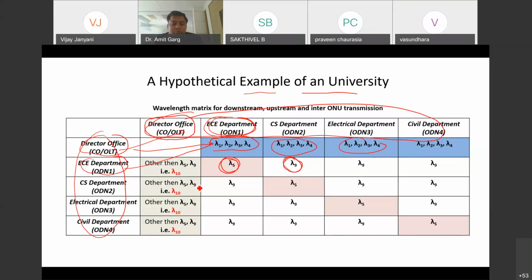Similarly, if this ECE wants to communicate with the director office or OLT, it will use a wavelength lambda 10, but not lambda 5 and lambda 9, because lambda 5 and lambda 9 are supposed to be reflected back from the FBGs connected. So lambda 10 can go directly from ECE to the director office or OLT. The arrangement is made in such a way.